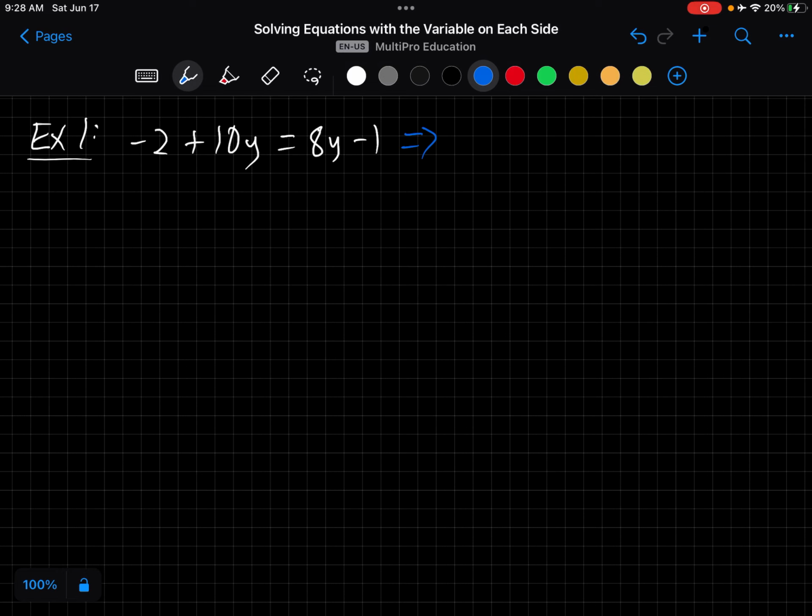So what we're going to do is first, let's handle the numbers. The way I'd like to do this is, since this y here is bigger than this y, I'd like to get the y's over here, and then therefore I'll just put the numbers over here. In my head, that makes things a little bit easier, but you can choose to do it however you may. Alright, so let's subtract 8y from each side. So minus 2,